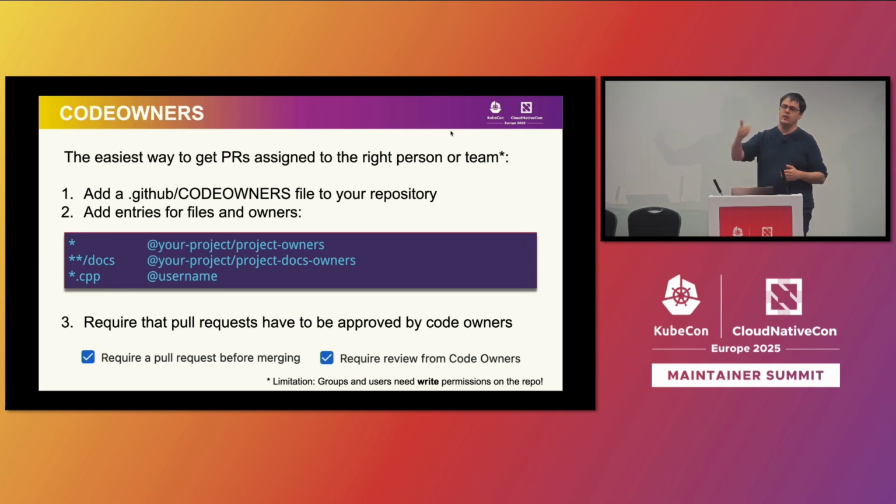A limitation to that is that they need write permissions. So if you ever run into that, there's of course alternatives to that. But when I do a new repository or when I start a new project, that's one of the very first things I do. I create a group and I add this code owners file and then I evolve it from there. And then maybe over time I figure out hey, maybe I need something else. And then there's other GitHub actions that can do this a little bit more fine granular.